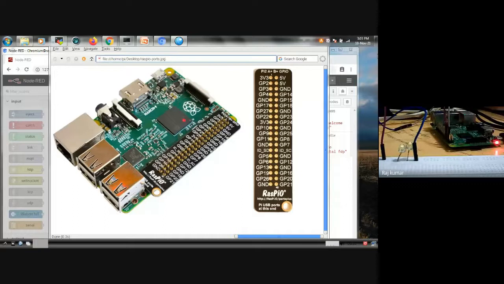Every device, whether a sensor or any other device, will have a minimum of two terminals. One will be positive, another will be negative. If you use some other sensors, they will have three pins. One will be negative, one will be positive, another one will be data. Suppose you want to use a temperature sensor, it will have three terminals: plus, minus, and the data terminal. This data terminal will bring the data to the Raspberry Pi from the environment, where the temperature sensor will be reading the data from the atmosphere.